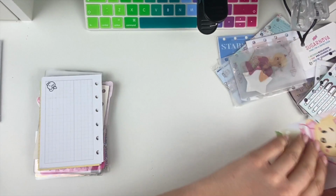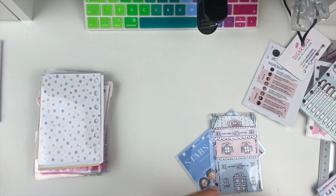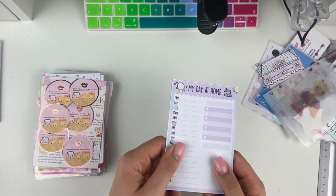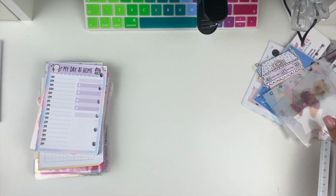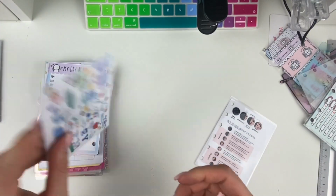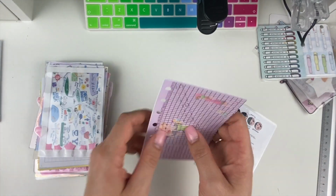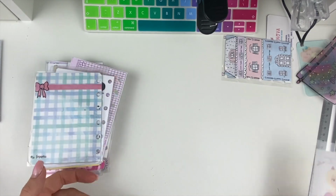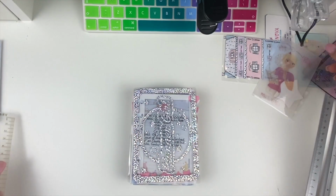So at this point then I'm going to insert my shopping lists from my grandmother, my one in a million. I'm going to put my day at home inserts in then. So I will be using these sporadically, so I'm just going to keep them stored there. And then I'm going to put in my Stars Hollow Gilmore Girls dashboard, followed by my cleaning tab with my cleaning inserts, Hellwell Vellum with my Moons dashboard, and then my Happy Scrappy pocket. And I think I'll just probably store everything else